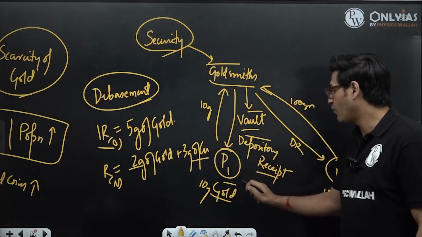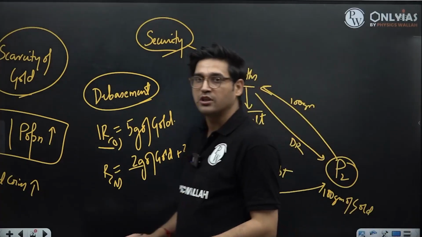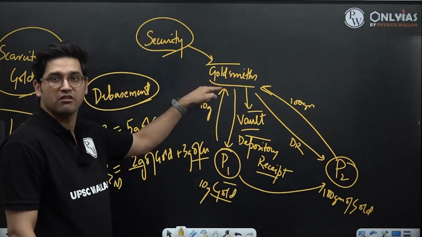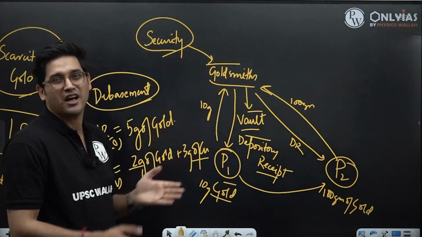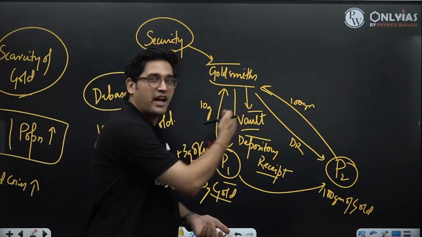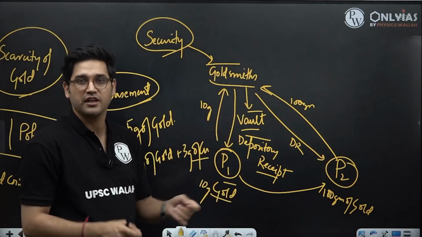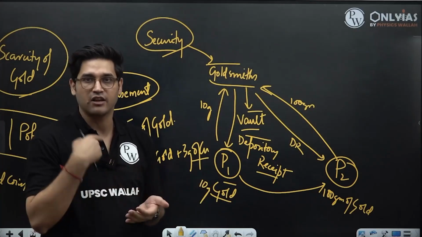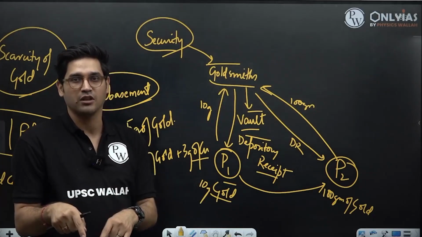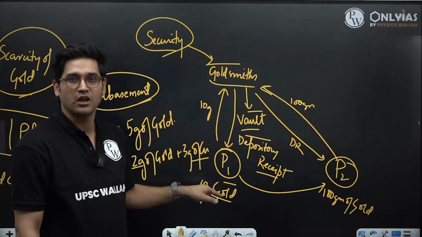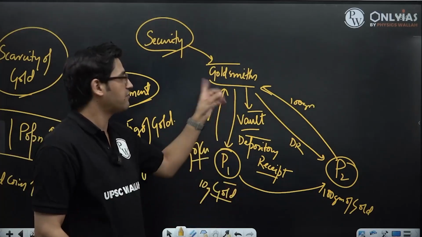When person 1 wants to buy something from person 2, he is going to first go to the goldsmith and withdraw some of the gold by presenting the deposit receipt. He's going to ask the goldsmith, you know what, I have deposited 10 grams of gold with you. I would require 2 grams of this gold back. Here is the depository receipt that you had issued previously. It says that I have deposited 10 grams of gold with you. Please give me 2 grams of gold and also renew my depository receipt. So the goldsmith is going to give him 2 grams of gold and issue a new depository receipt which now says that this person only has 8 grams of gold left with the goldsmith.